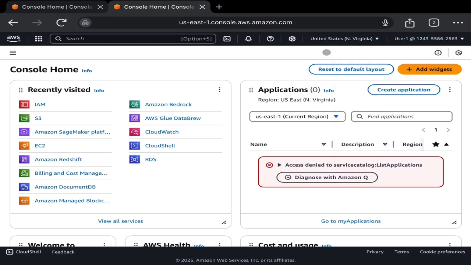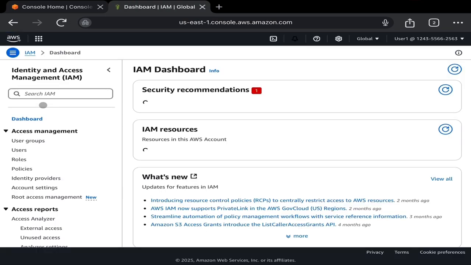So what type of permission will they give? They give you only the S3 bucket policy attached to your IAM user, as well as Redshift. If you try to access other services, they will show you an access denied error. So now you can see that these applications are still showing access denied. It means that you don't have access. Even you can't create a new IAM user because you don't have access. Let's see if it's working or not.